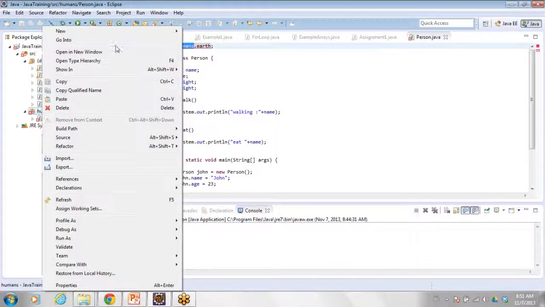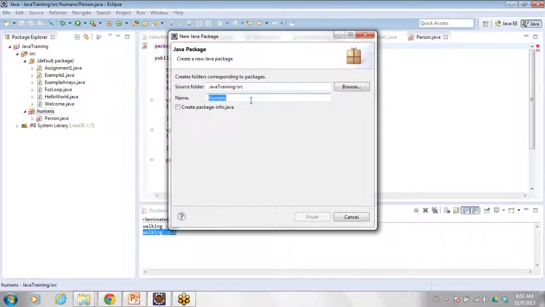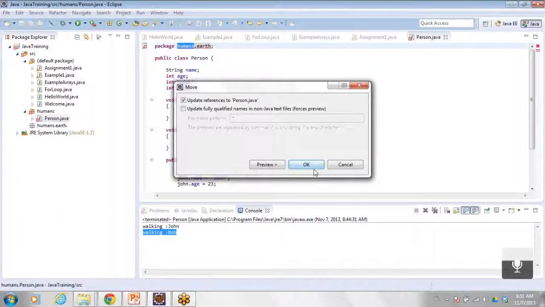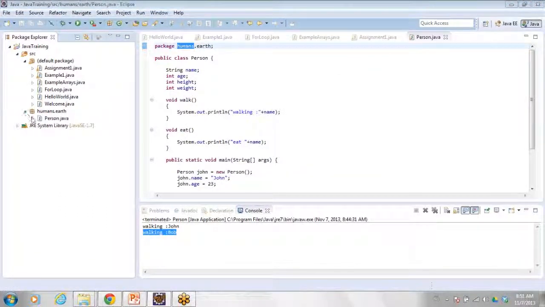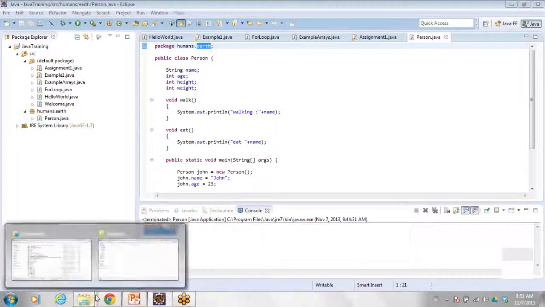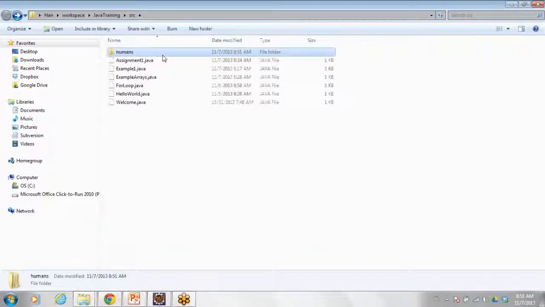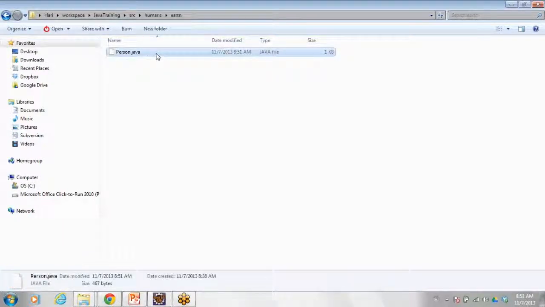So now I need to create a sub package, so I need to move this to the sub package. So now person belongs to the package humans.earth. So if you look at the file system, one more folder gets created inside humans, and in earth the Java file is available.